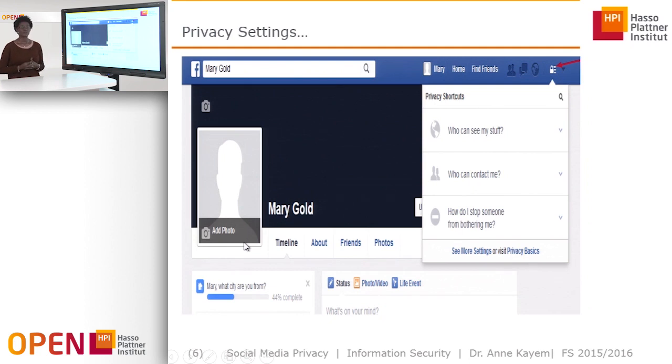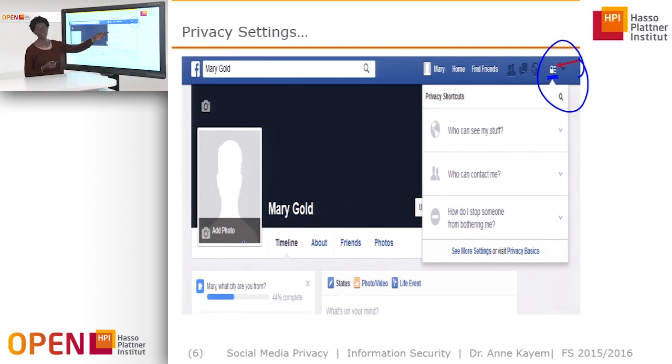In terms of privacy restrictions, Mary Gold could also go, for example, into the privacy shortcut. So typically in Facebook, you have this somewhere at the very top. So for example, here. And what happens when you click on this little lock is that you get some menu that tells you different choices that you can have with respect to your data.